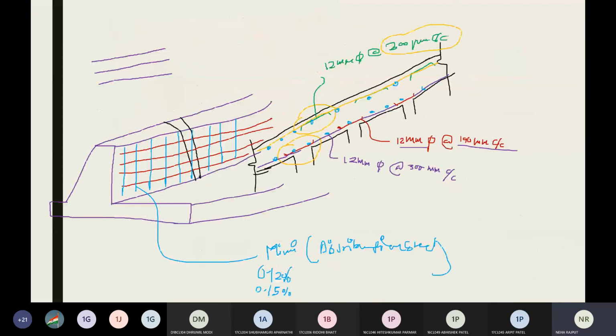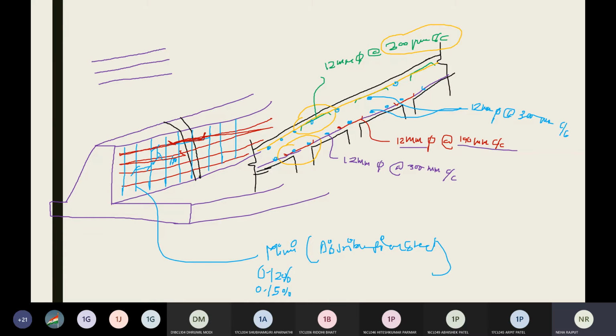mm and 12 mm. So this reinforcement, this dotted reinforcement on both the sides, these are the 12 mm diameter at 300 mm center to center. तो ये है डिस्टेंस, यहाँ पे 300 mm, और यहाँ पे ये डिस्टेंस अगर आपने कोई बार कर्टेल नहीं किया है then you can take this distance as 190 mm throughout the length. और क्या करो, जहाँ पे सपोर्ट दिया है वहाँ पे ये बार इतना ही एक्सटेंड करो, इतना ही एक्सटेंड करो ये बार को, मतलब यहाँ से इतना कर्टेल कर दो, फिर यहाँ से ये थ्रू आउट जाएगा at 190 mm center to center, right.